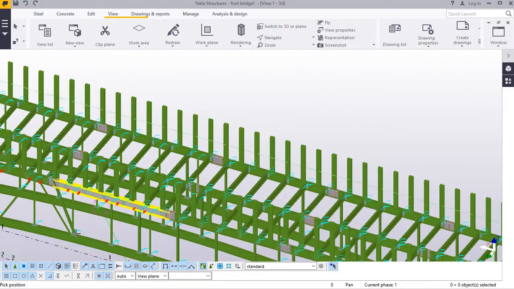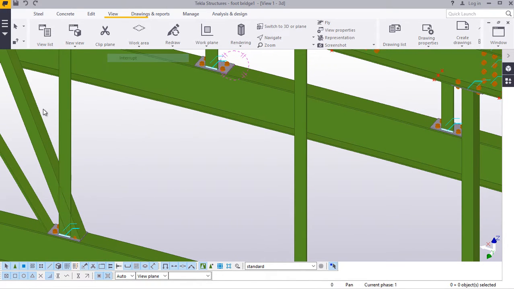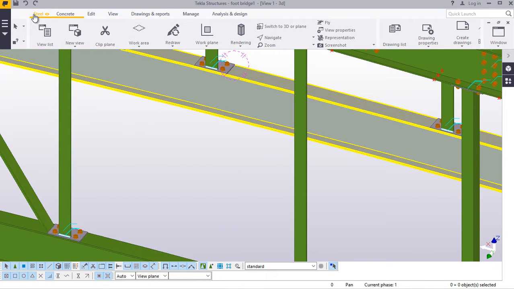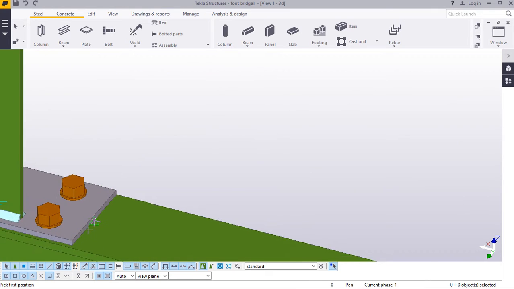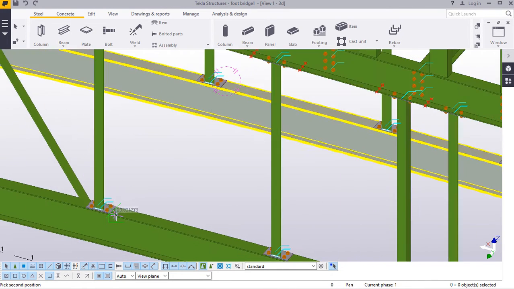I picked wrong point. Click that and delete that. Click that, come to beam, just snap right below that base plate,